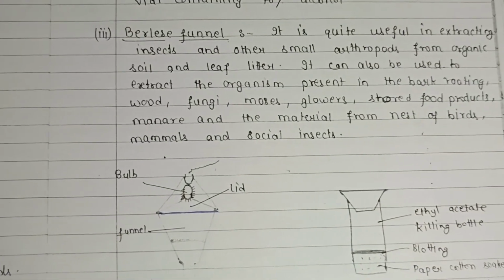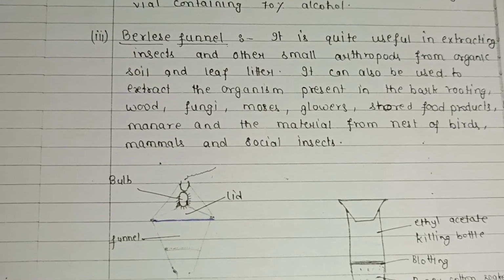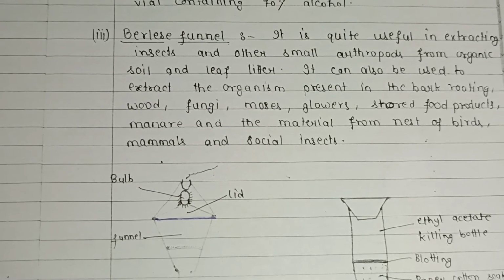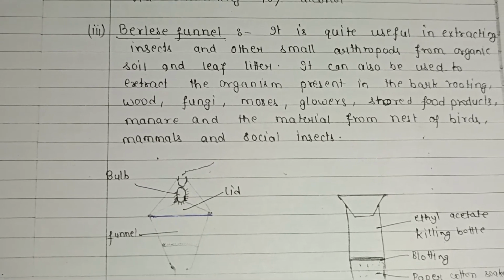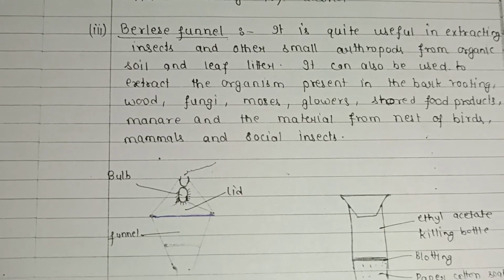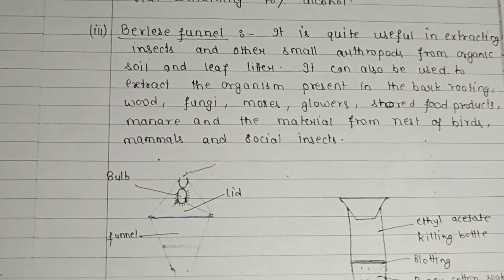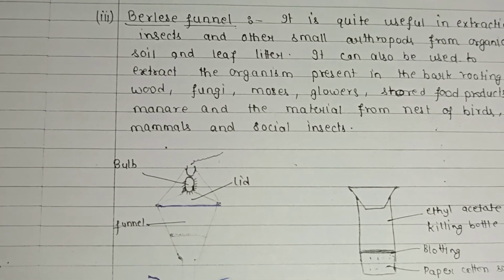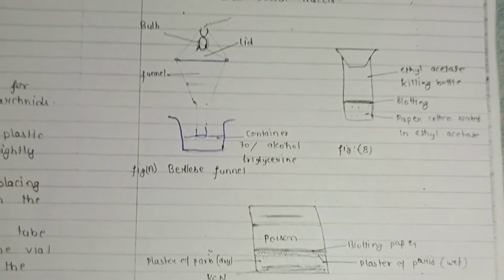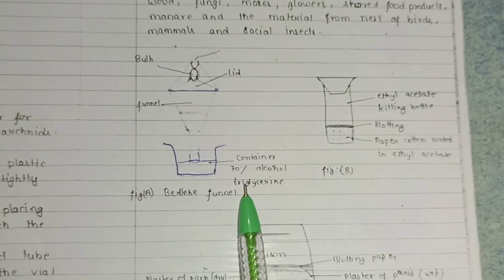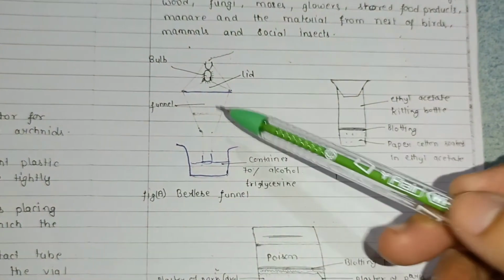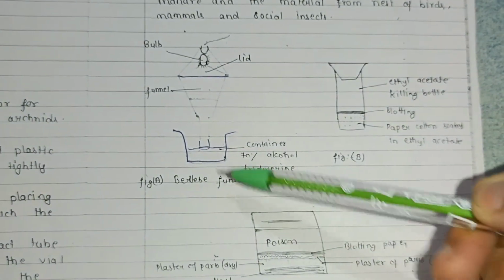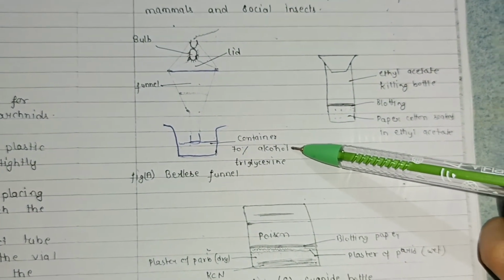Then the Burley's funnel. It is quite useful in extracting insects and other small arthropods from organic soil and leaf litter. It can also be used to extract the organisms present in bark, rotting wood, fungi, mosses, flowers, stored food products, and the material from the nests of birds, mammals, and the social insects. So this is a diagram depicting the Burley's funnel. Here is the lid, the bulb. Here insects will enter the funnel and then it will lead to the container containing the 70% alcohol